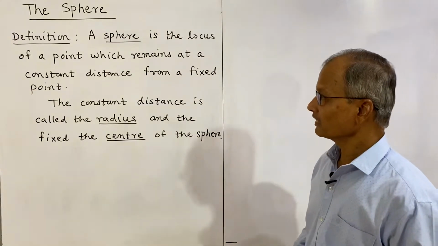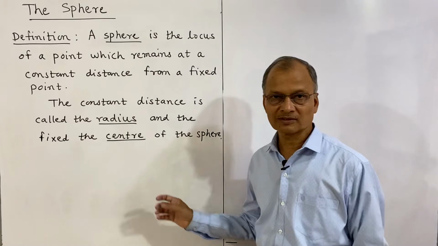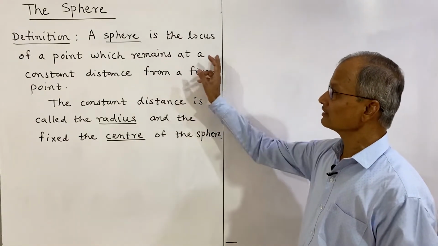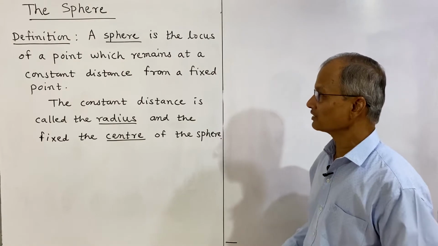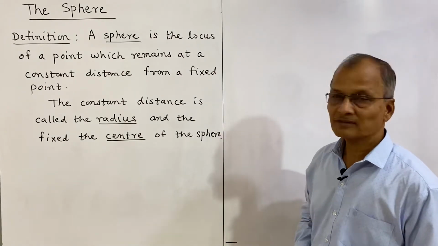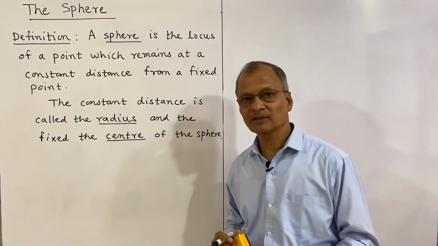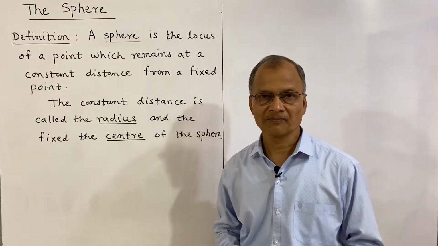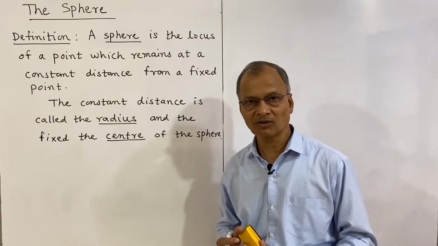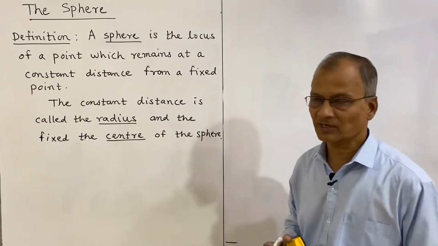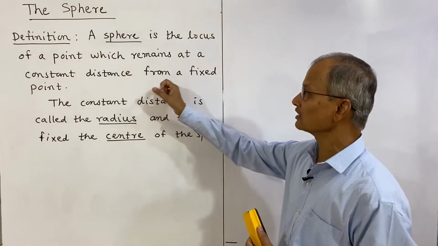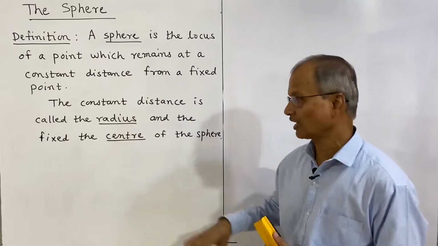I have written the definition of a sphere here, which is simple to understand. The definition is: a sphere is the locus of a point which remains at a constant distance from a fixed point. It is a similar concept to a circle in two dimensions. A circle is the locus of a point in a plane which remains at a constant distance from a fixed point. Here it is a locus of a point which remains at a constant distance from a fixed point in three dimensions,